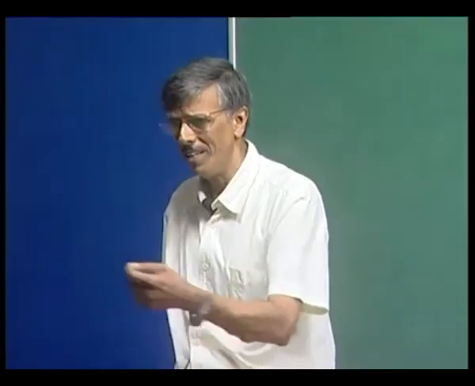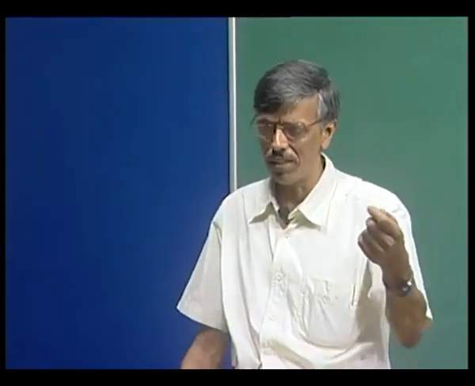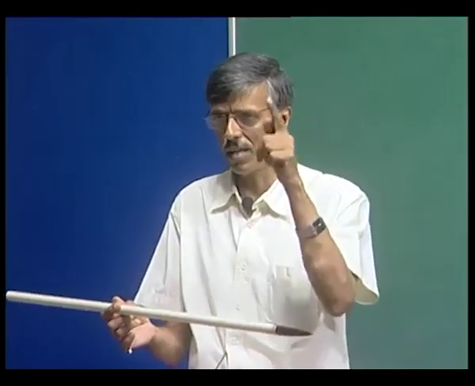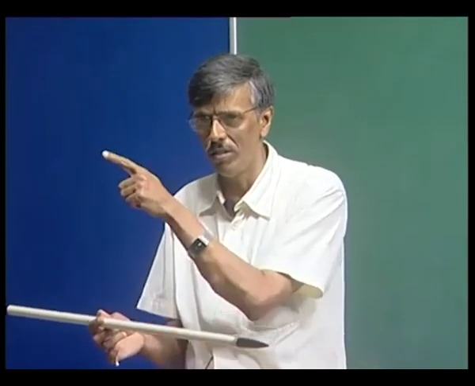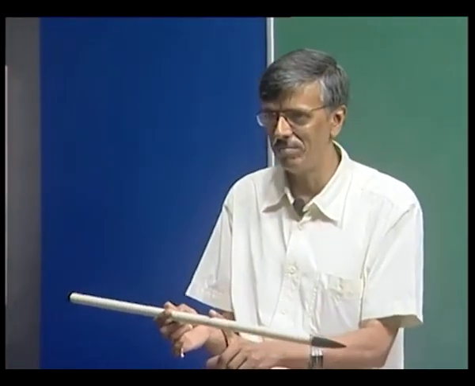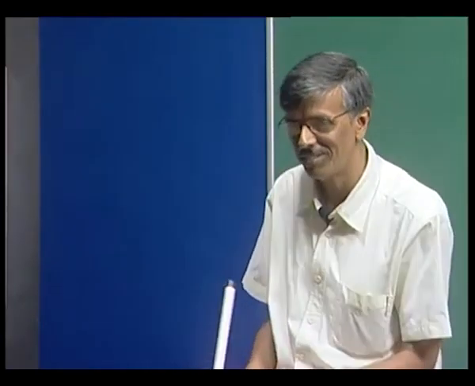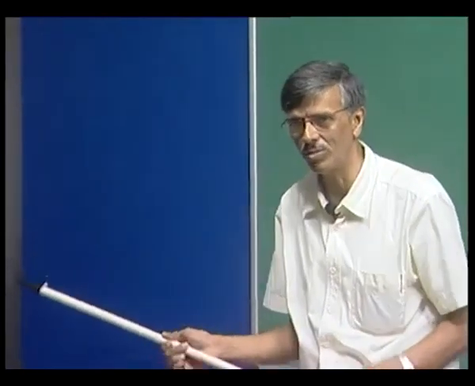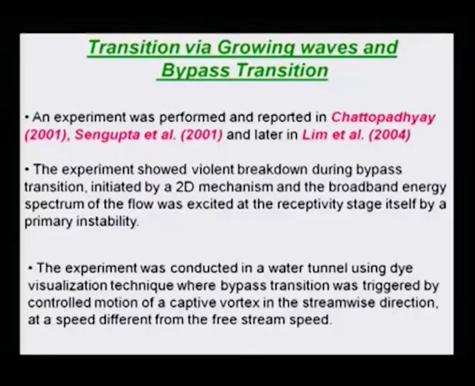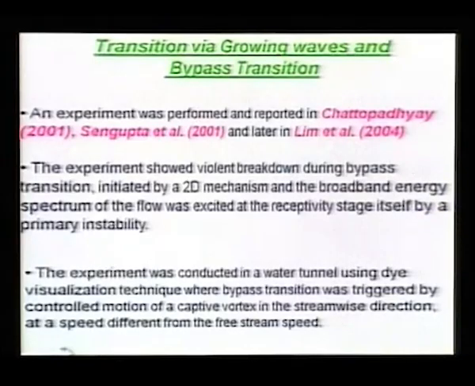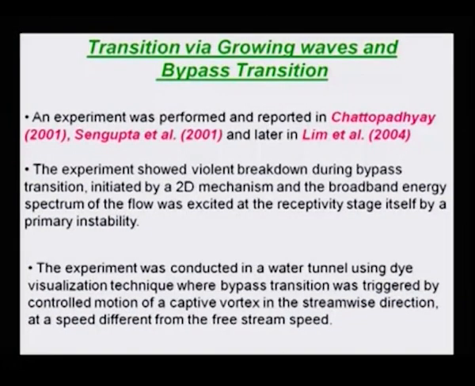Because you see now what is happening. We are trying to create a single captive vortex that will go over, and that will create some instability mechanism that will remain two-dimensional. Too many things we tried to constrain, and that made the design of that experiment very, very interesting. We were not very ambitious. We wanted to really look at the receptivity stage itself, how the whole thing starts off, the onset process.